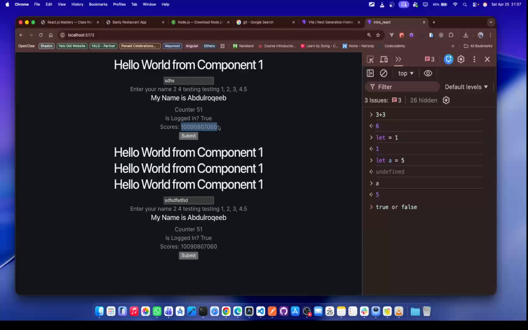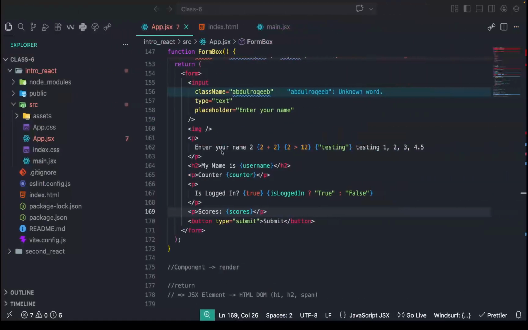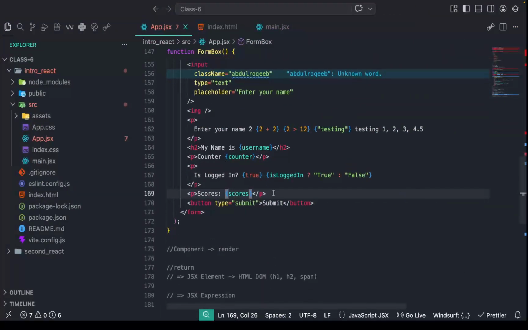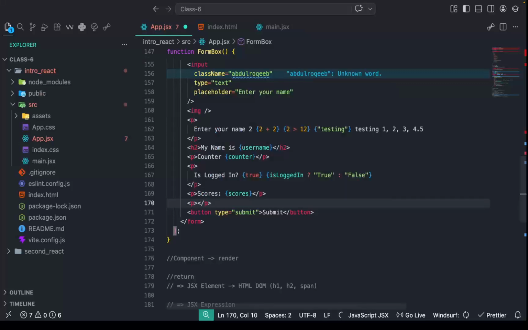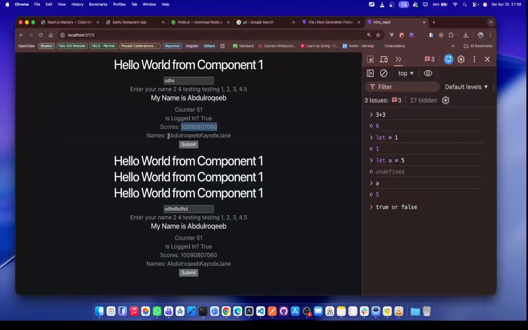It will join all of them together as normal text like that. The same thing too, if I do it with names like this, by the time you get to the screen, as you can see, it will join all of them together. So you cannot just put your array on the screen like that, but we have the way we normally deal